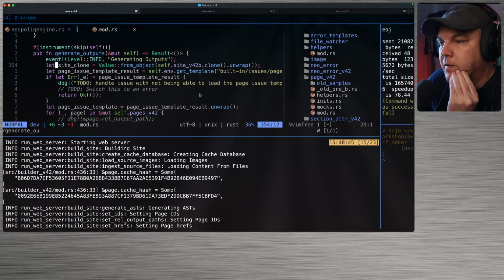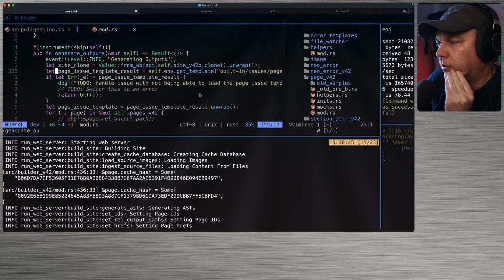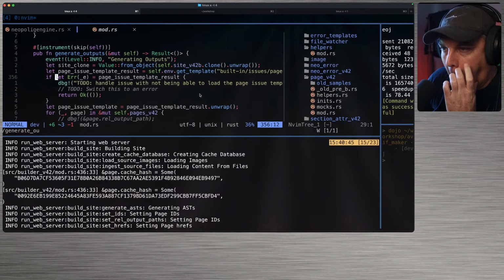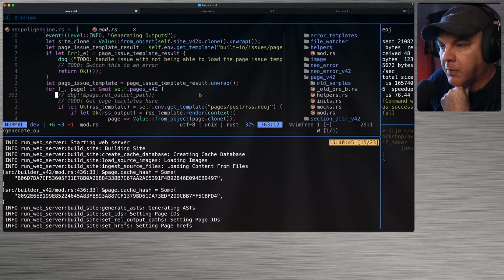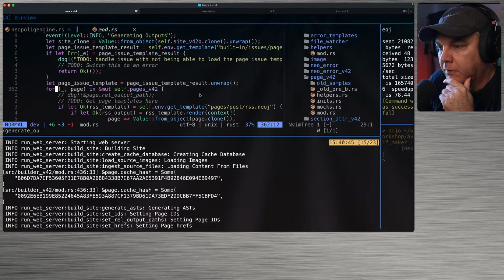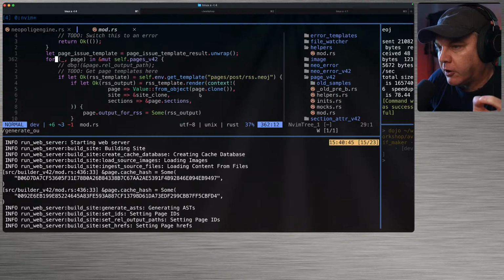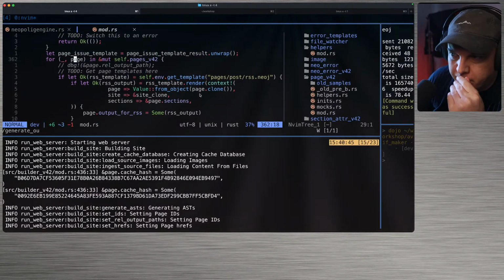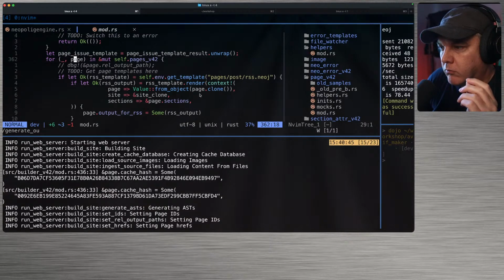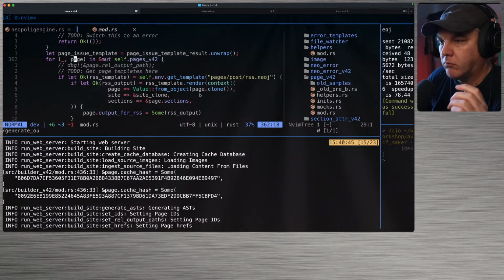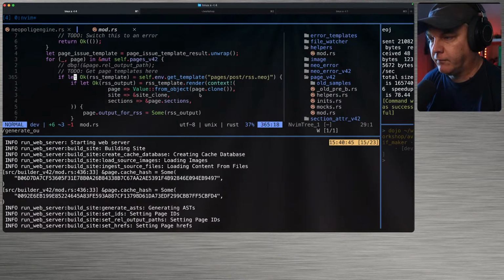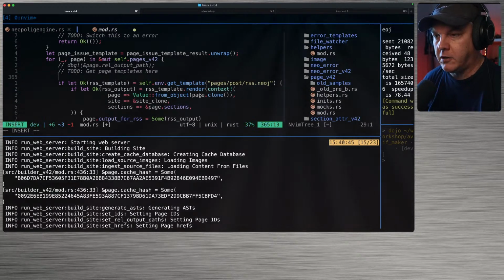So we're cloning our site. Page issue template result. We're getting that. Generate outputs. So for page, whatever. Because the pages are inside a B tree. So let's do this. If template, let's do this. Right here,